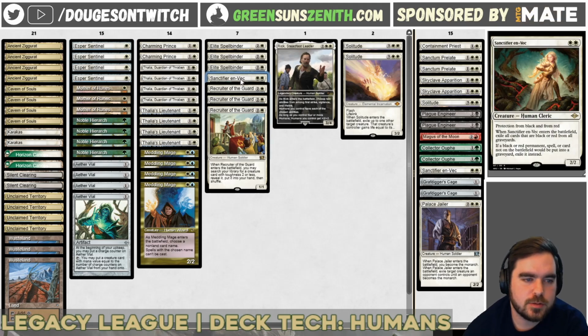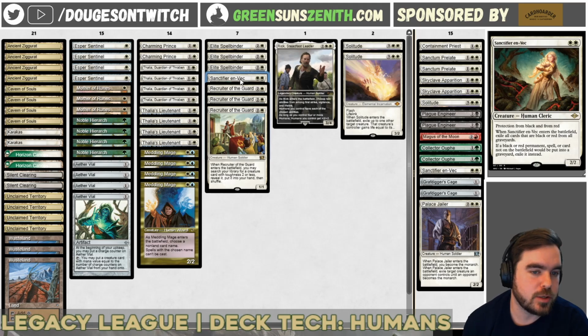Where is Sanctifier? Didn't really see it, to be honest. I think it is a strong card, and I think it's a great target for Recruiter, especially in a Humans deck where you can just buff it up as well to make it a beastie creature. But overall, not enough game time to actually have a real